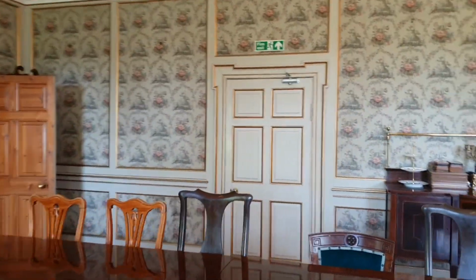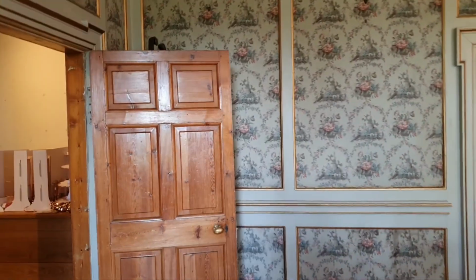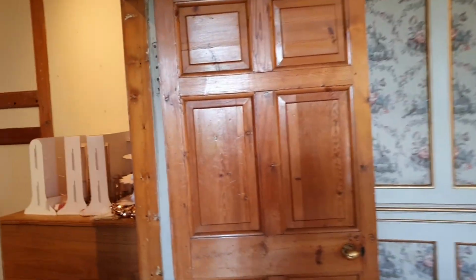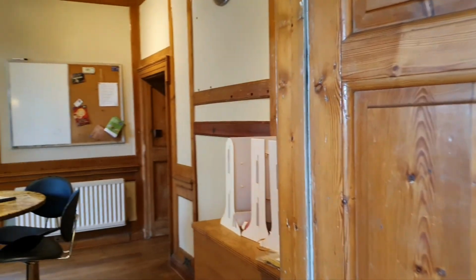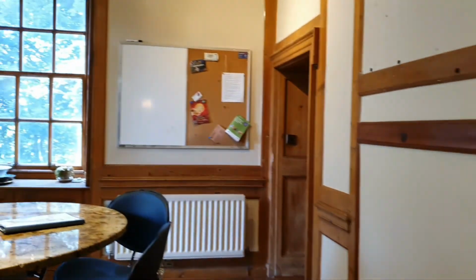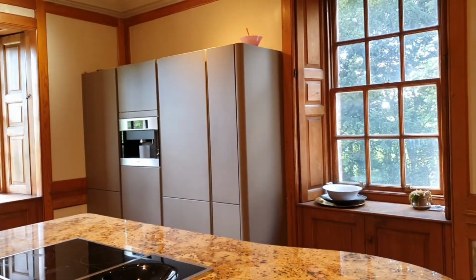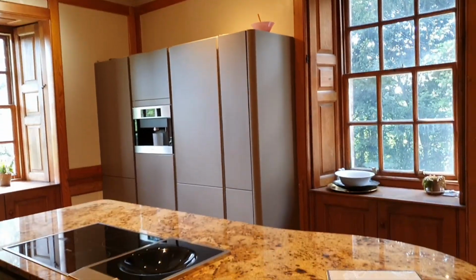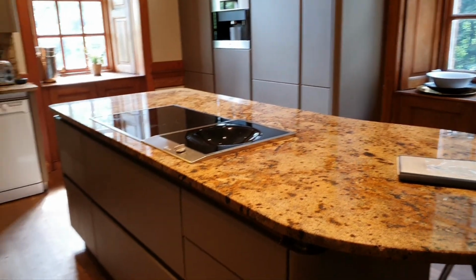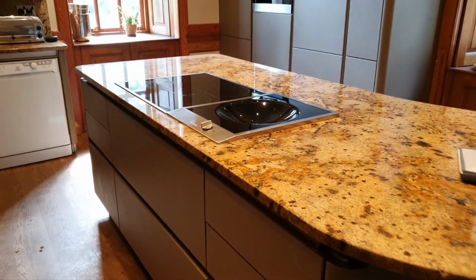That is a door out to the corridor. And then come through to our kitchen here. These things were left by the hens from last weekend, and we're leaving them for the next hens. Cleaned them up and I've left them. Right, so there's fridge, freezer, bean to cup coffee machine, some cupboards, induction hob